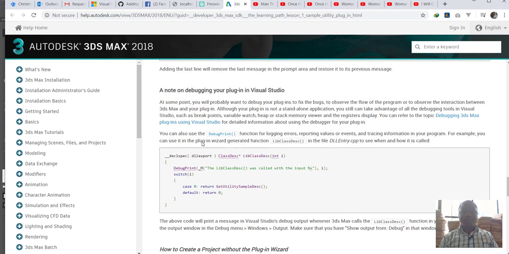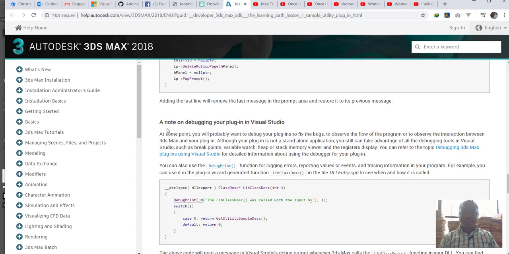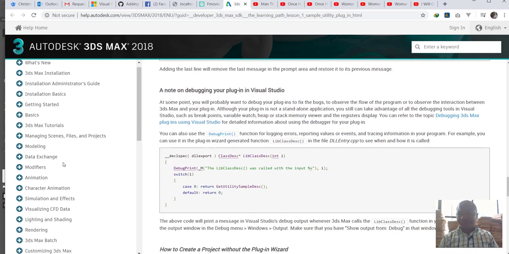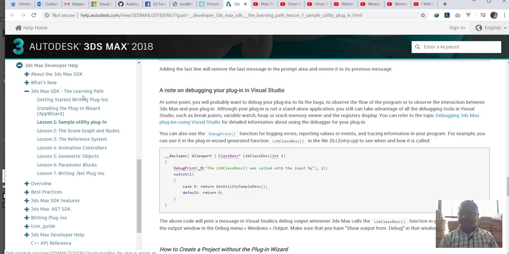Now debugging, something can happen. For example, before you create something live, all you can do is create the math and debug. For example, you can display the number of times a button has been pressed. You can display the position of the mouse. Some of that may not be direct in Max, but it may be in the debug, because the user of the plugin doesn't need to see everything. It's your back-end mathematics.